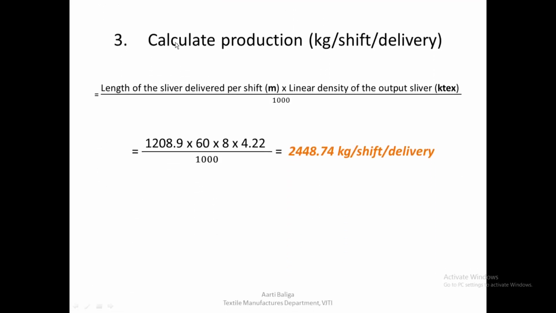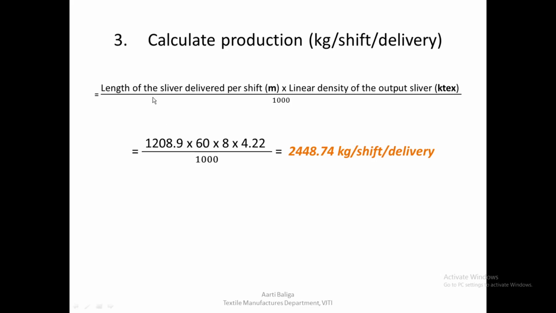So now we can see that the requirement was production to be calculated in kgs per shift per delivery. Since we have to find out the production in kgs per shift, which is important here, we have to modify our formula accordingly. So the length of the sliver delivered per shift we need to find out in meters, and then multiply by the linear density in kilotex and divide by 1000. So whatever value we got in the earlier